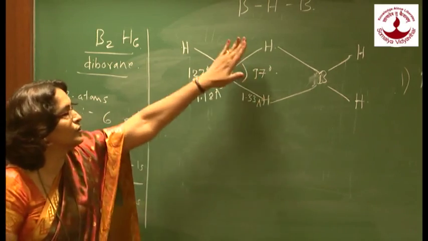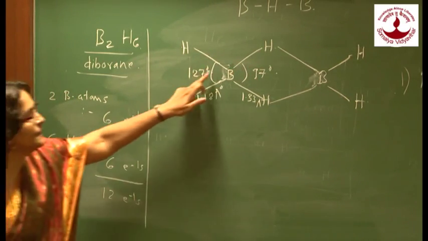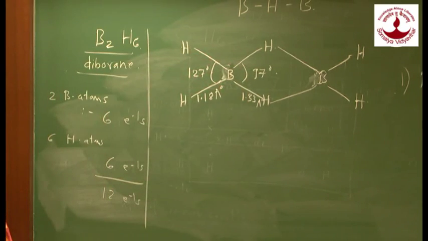These bridge hydrogen atoms are perpendicular to the plane of these 2 boron atoms and 4 terminal hydrogen atoms, and this structure is further confirmed by specific heat measurement and by the study of